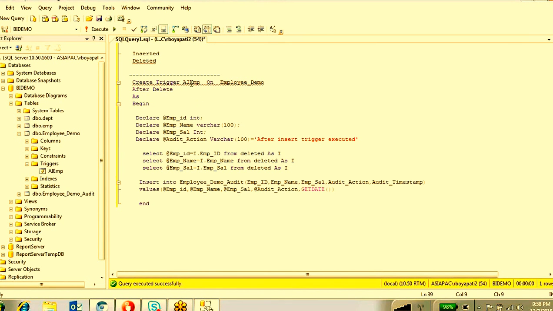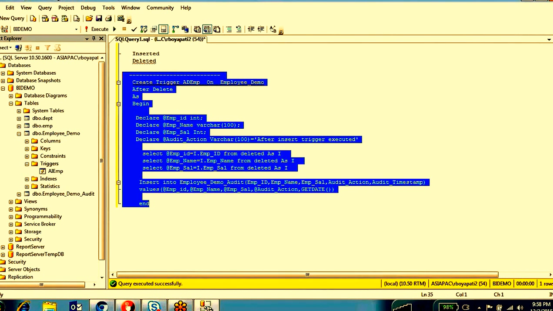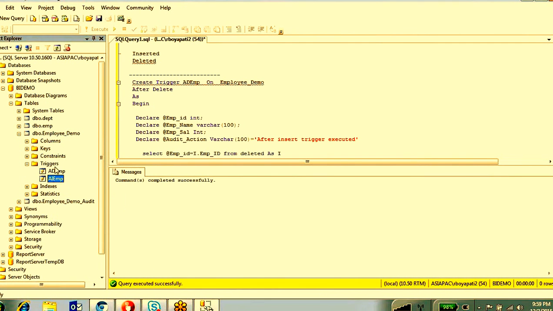So I'm going to change the trigger name also. This is AD. Command completed successfully. If you see, this is the trigger.